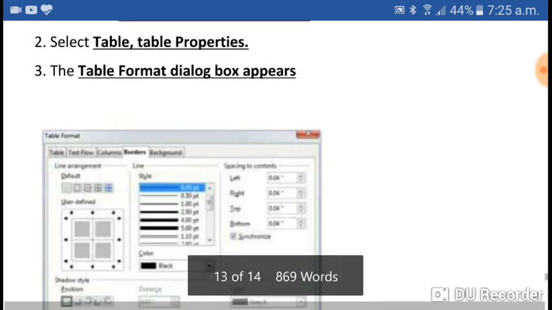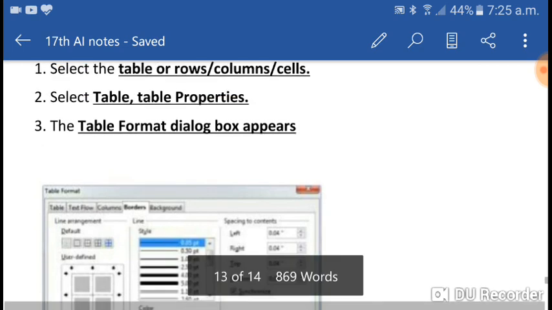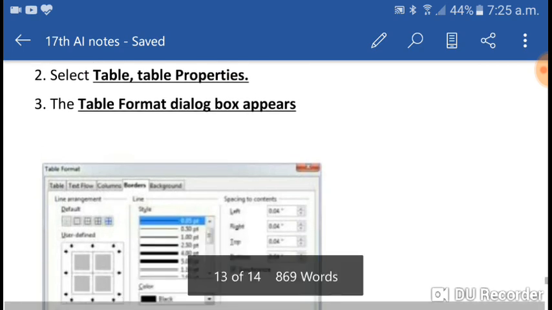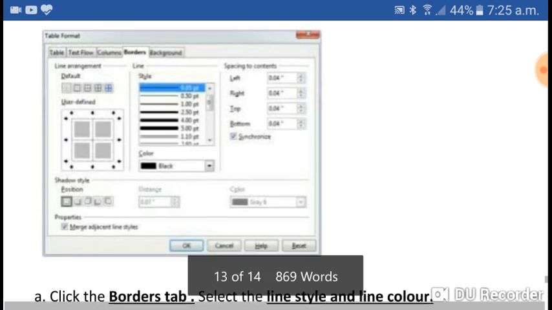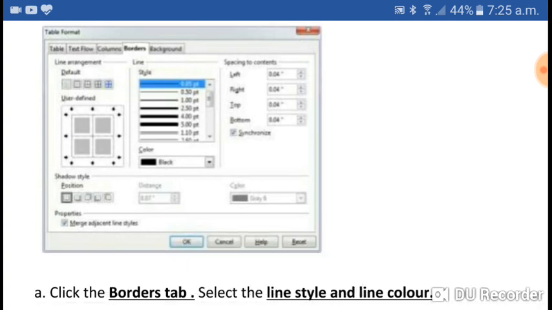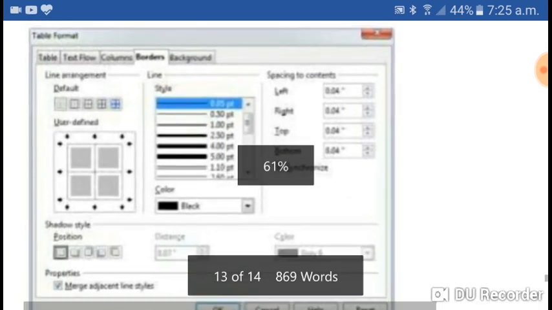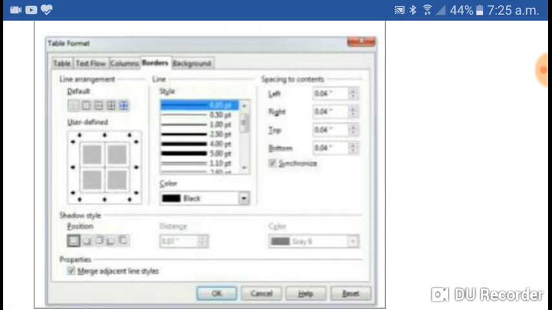Whenever we select Table Properties from the Table menu, the Table Format dialog box appears. You can see the Table Format dialog box. A number of tabs are there. Select the required tab, and you can see a number of options. Border style is there, border pattern is there, line style is there.